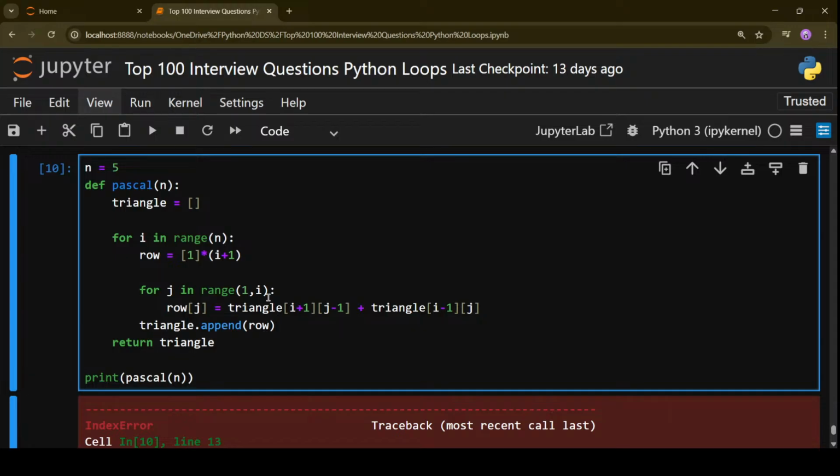It's going from 1 to i. Row of j equals to triangle. My bad, it will be i minus 1, because it is in the above row, not in the current row. Okay, so that's why